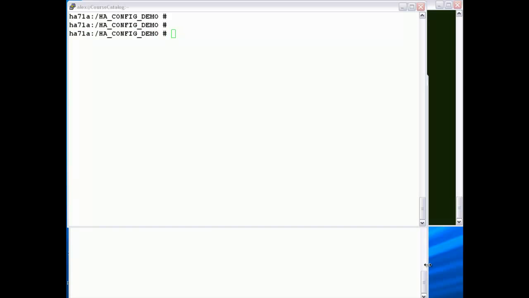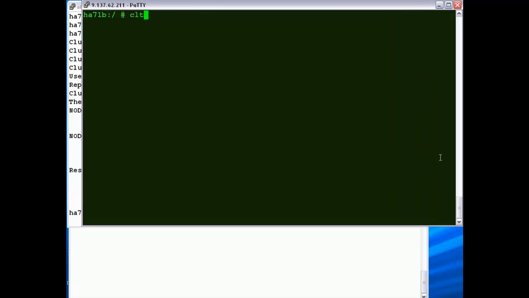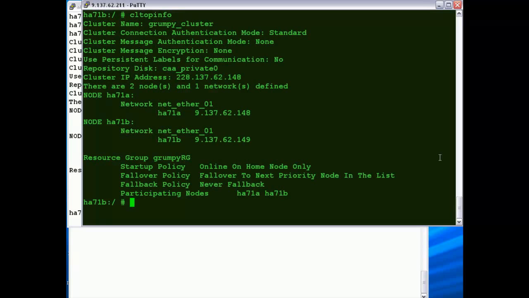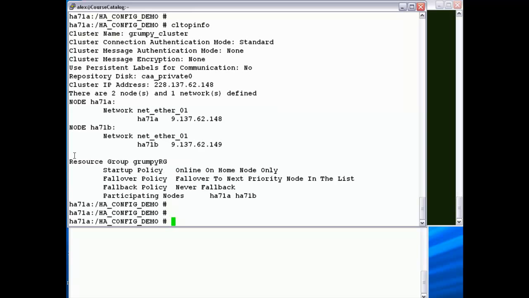Here we are, folks, back in our cluster node following part 2. On our 2-node cluster, we have a valid synchronized cluster definition on both of our nodes, HA71A and HA71B. And the first thing that I'm going to use clmgr for is removing the cluster definition. Now, historically, the way you would do that with